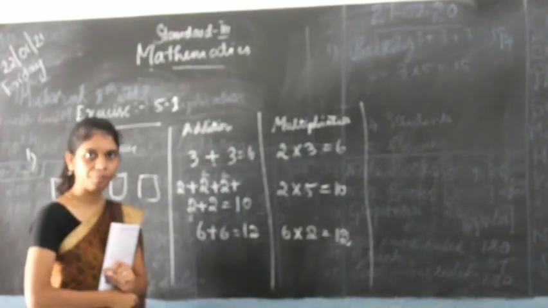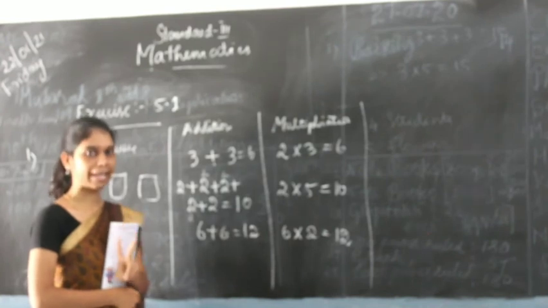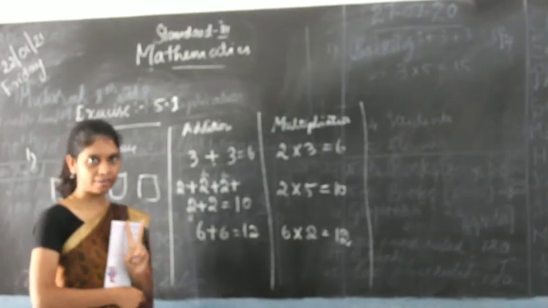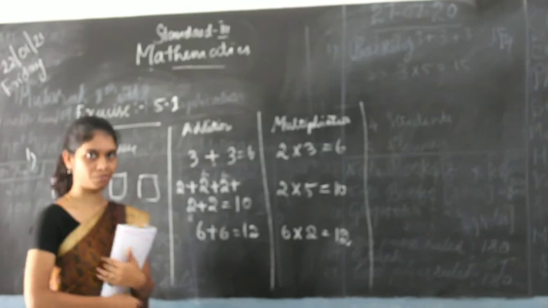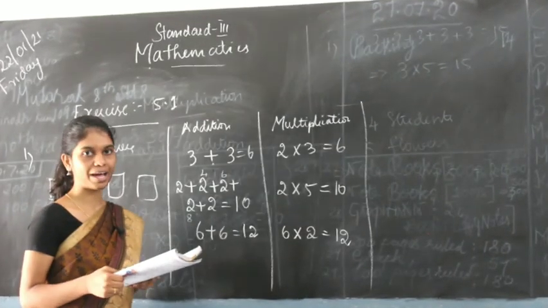Okay, for this you have to learn the tables. So for now you have to learn the first and second table to learn them properly and write them 2 times. Okay, the last one you do as your homework.